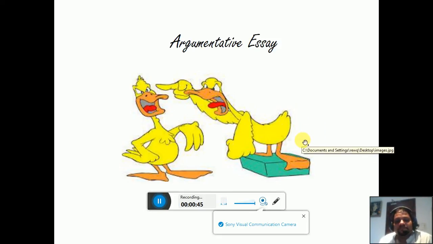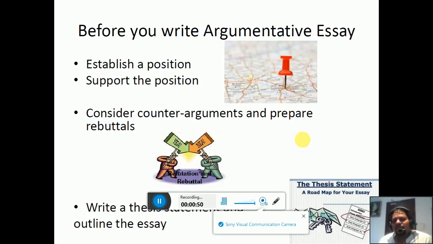about a standpoint of his. So when you are writing an argumentative essay, a couple of things are very important before you write, but it is very important to understand what an argumentative essay is. So an argumentative essay is an essay where the writer takes a position on an issue and presents the argument in an attempt to convince the reader that the position